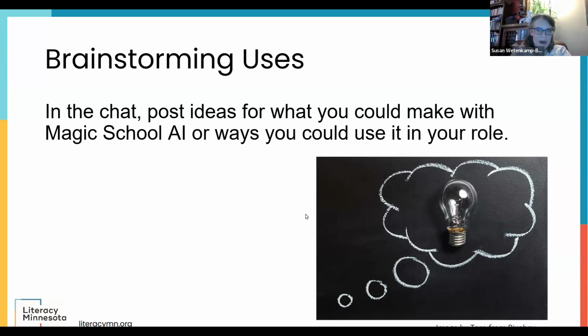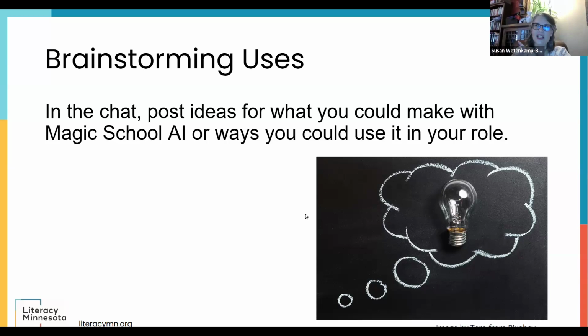So I've been talking about office uses because it's the support services conference, but Magic School AI has tons of templates for teachers to create teaching materials. So if you have dual roles in your program and you're also a teacher, you're going to find tons of things in there that will be valuable to you as a teacher. Email templates for new students. Yes. Okay.